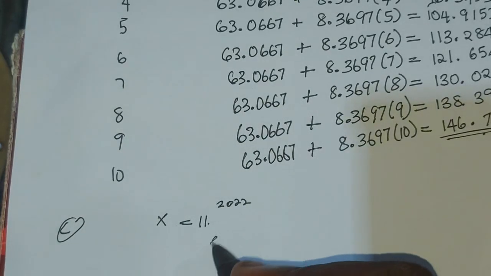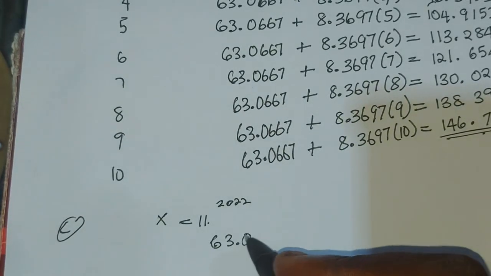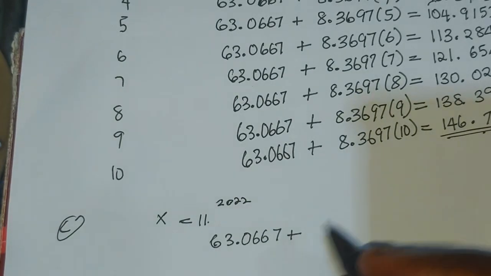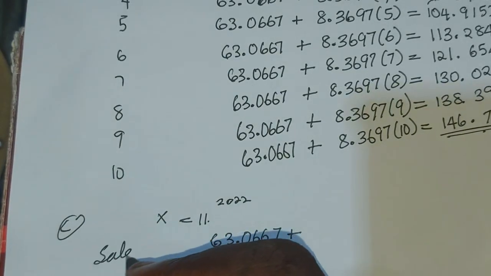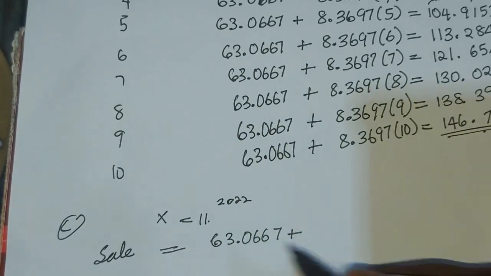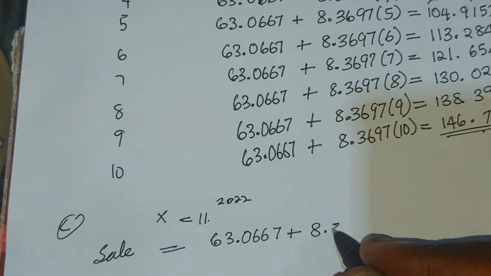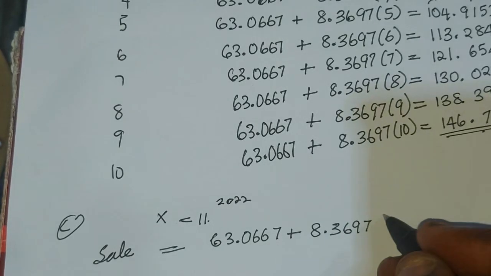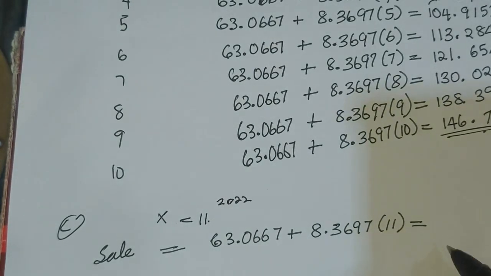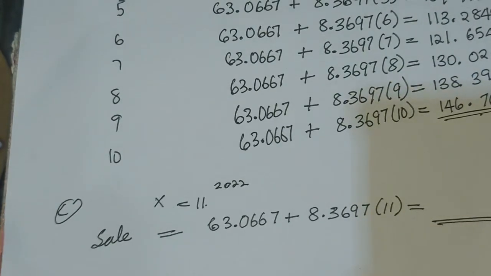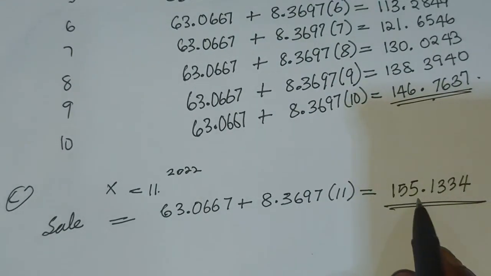So you just have 63.0667 plus 8.3697 of 11. So what do you have? You press your calculator, and which is 155 point